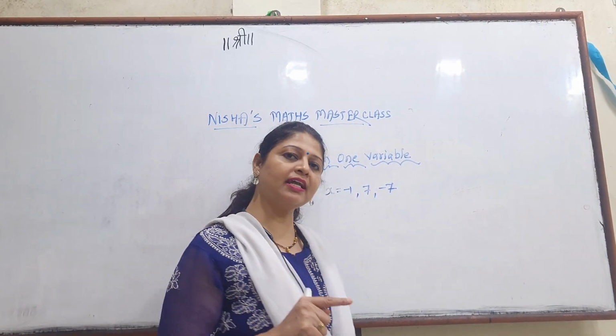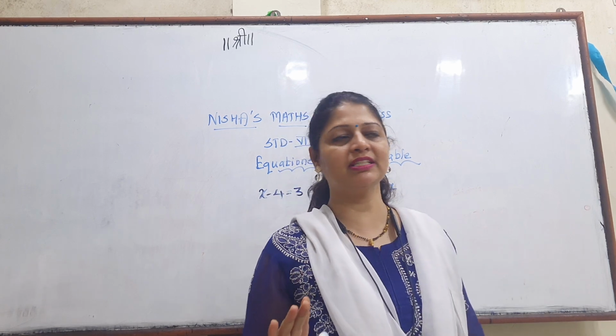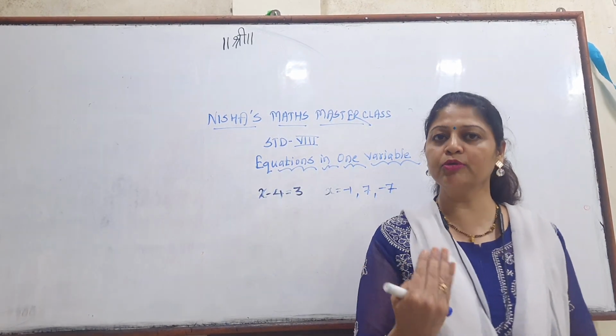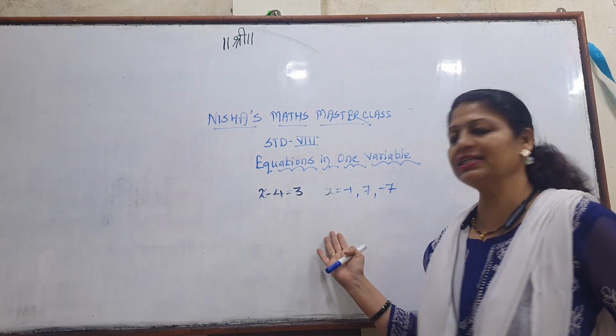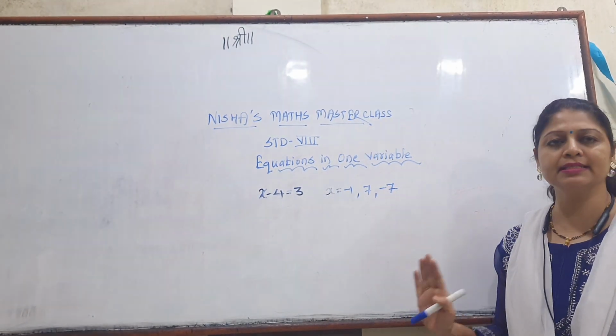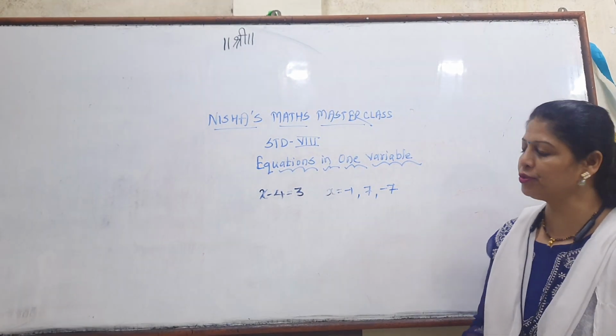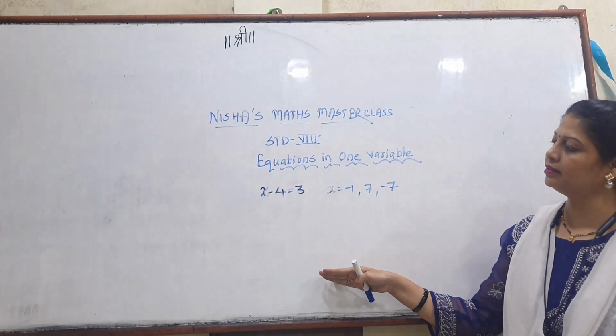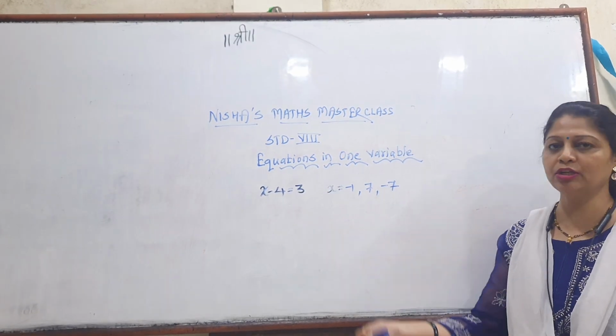Already in the previous standard, the 7th standard, we learned about equations and variables, correct? So this year also, the same rules and regulations we have to follow for this lesson. Very simple and easy lesson, okay? Now in 12.1, first practice it. When I explain the question, at that time I will explain the rules, okay?